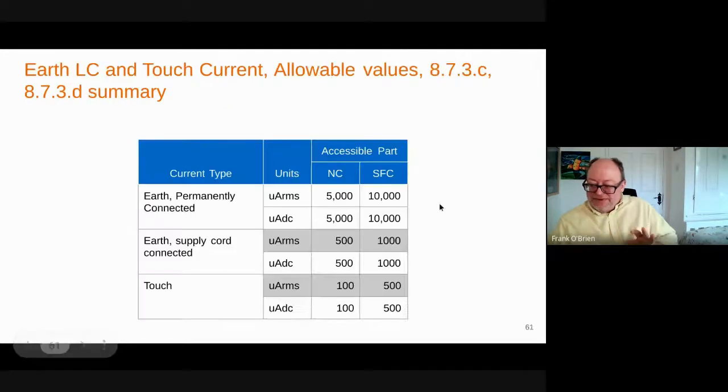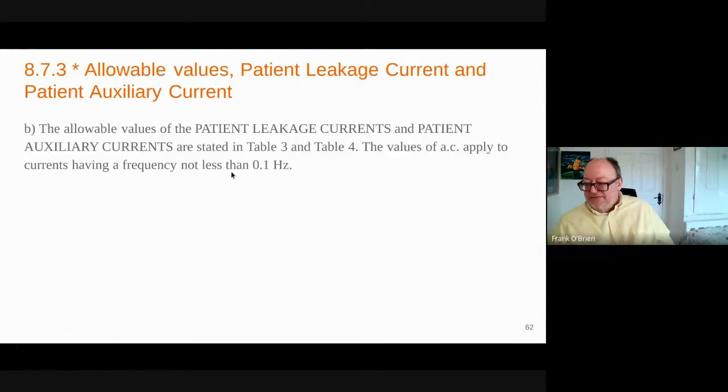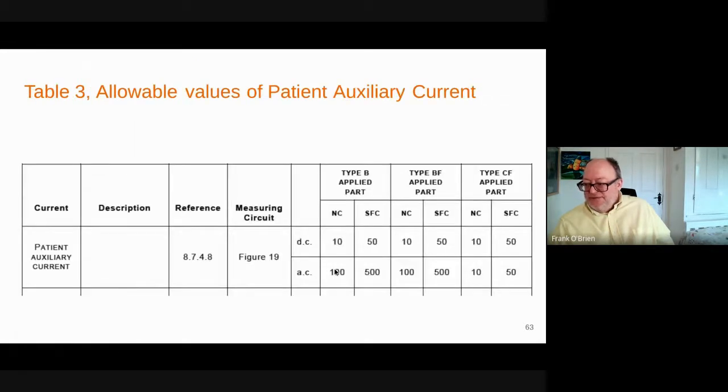And we've sort of looked at these, so I'm kind of flying through. Here's your table 3 and 4 from B. Here's table 3, patient auxiliary. So here's our 10 and 50 normal single fault. Here's our 10 and 50